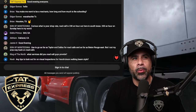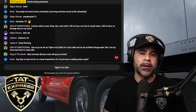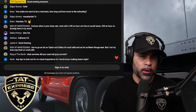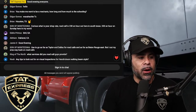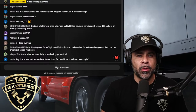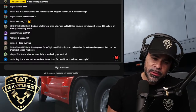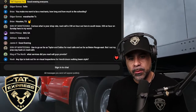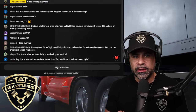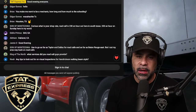And if it gets to a point where your oil is kind of milky, that right there is not a good indicator. You want to be able to catch things before it gets to that point. So I would definitely consider doing oil analysis as well when you come in and do an oil change. There's oil analysis labs, mostly out of Houston. They'll send you a bottle, and basically you can give that bottle to your technician, or if you're a technician or a shop, you can offer this service and just send them off to